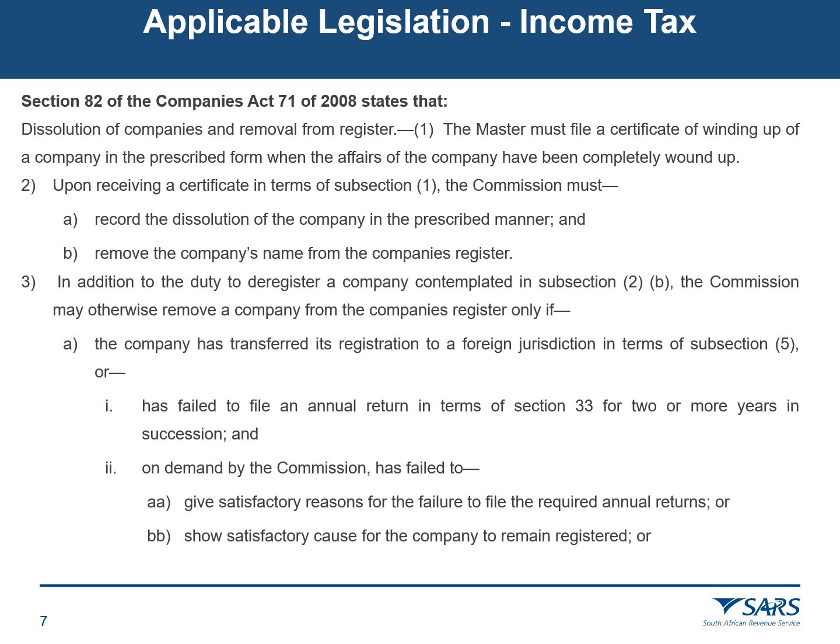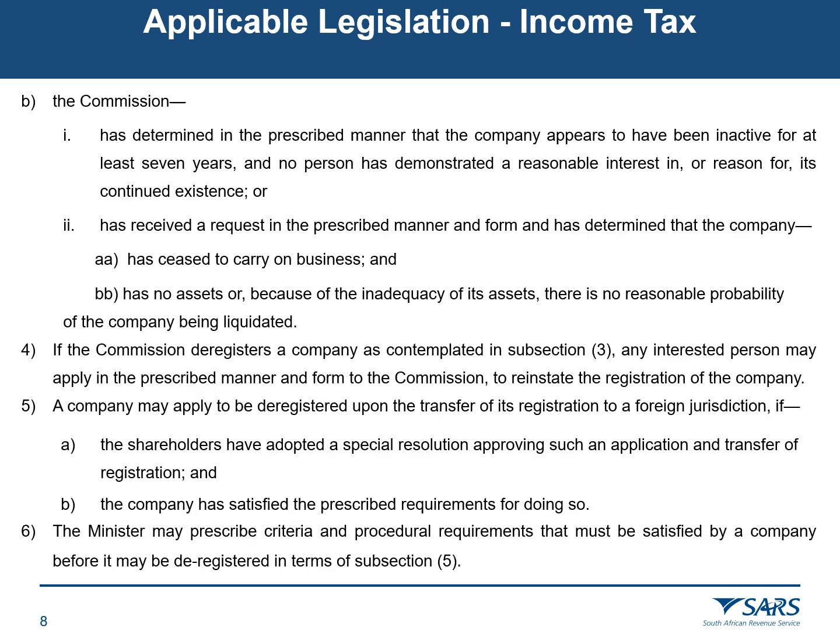In addition to the duties to deregister a company contemplated in subsection 2b, the Commission may otherwise remove a company from the company's register only if a. the company has transferred its registration to a foreign jurisdiction in terms of subsection 5, or has failed to file an annual return in terms of Section 33 for 2 or more years in succession and on demand by the Commission has failed to give satisfactory reason for the failure to file the required annual returns, or show satisfactory cause for the company to remain registered, or the Commission has determined in prescribed manner that the company appears to have been inactive for at least 7 years and no person has demonstrated a reasonable interest in or reason for its continued existence,